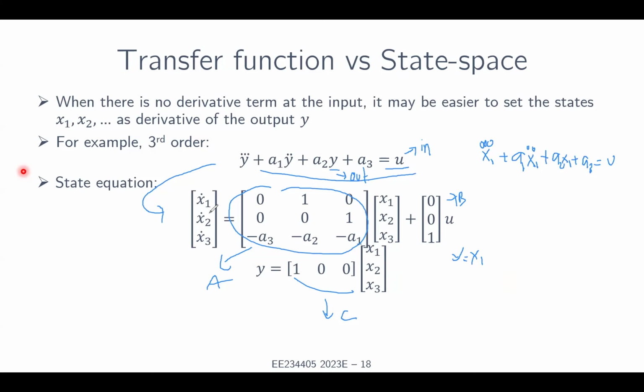And if we choose x2 as x1 dot and x3 as x1 double dot, then we have x3 dot plus a1 x3, right, plus a2 x2